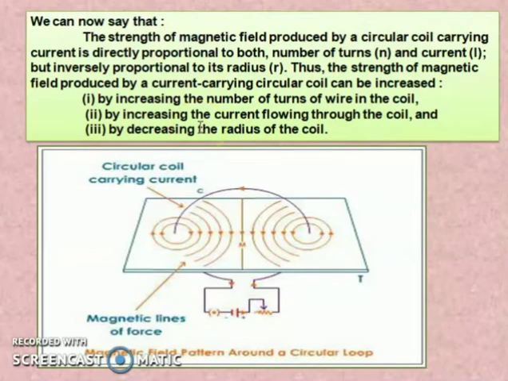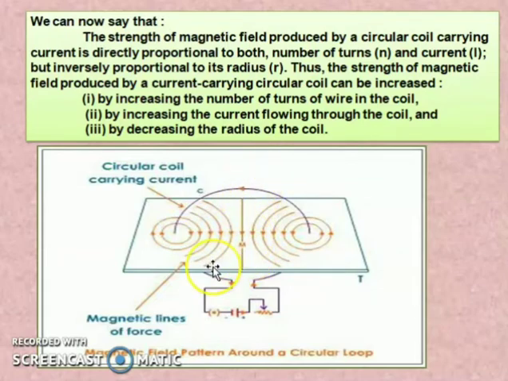So this is about the magnetic field pattern around the circular loop. Here you can see a diagram. This is a white cardboard. On the white cardboard we have fixed a coil, and that coil is connected to a key and a battery. When the current passes through, you can see a magnetic field around it. It will be in a pattern of circular loops. As you move away, the circles become bigger and bigger. At last, the magnetic field lines will become a straight line.